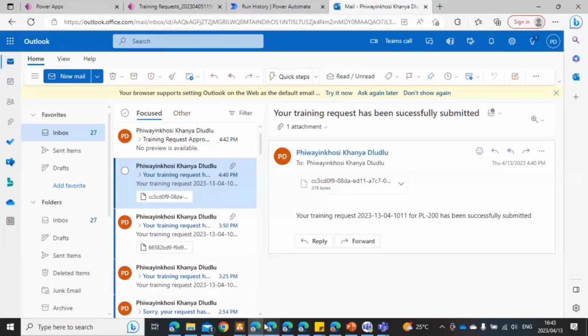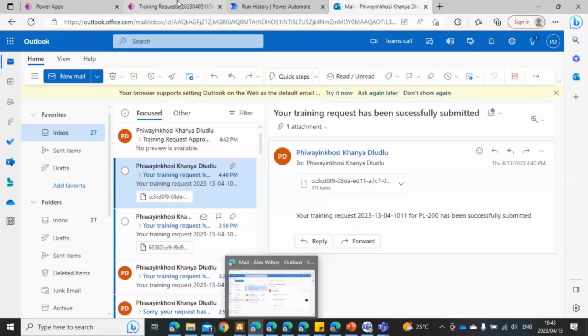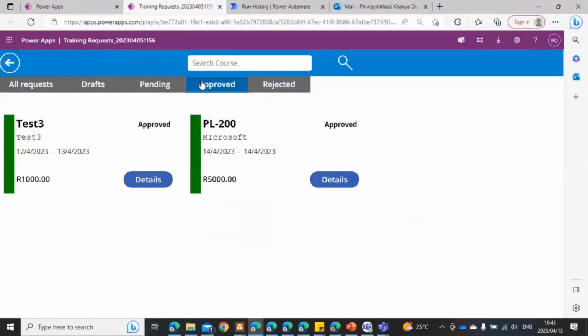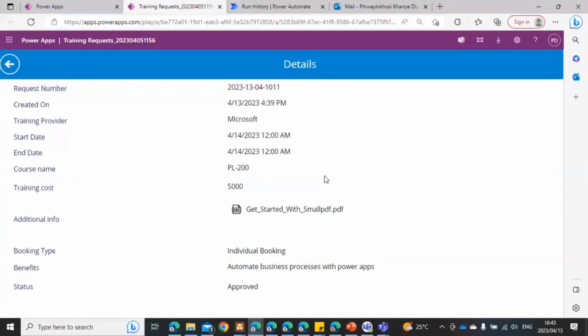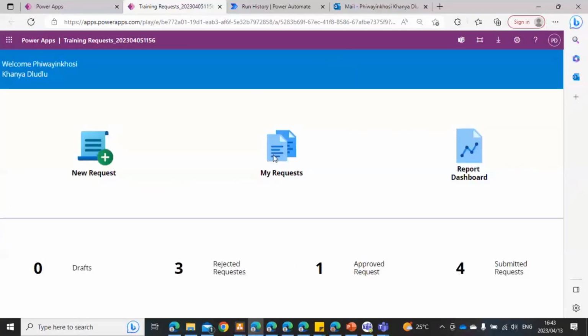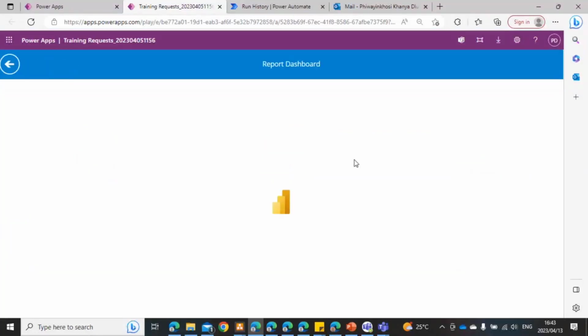So after that, if I go back to my app and I just change this, go to approved, give it a second, you can see that my training request was approved, and I can read through that it was approved. And yeah, so from here, as part of the request, there has to be a Power BI dashboard